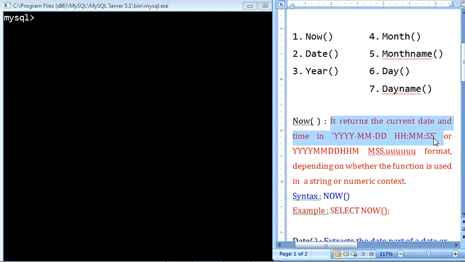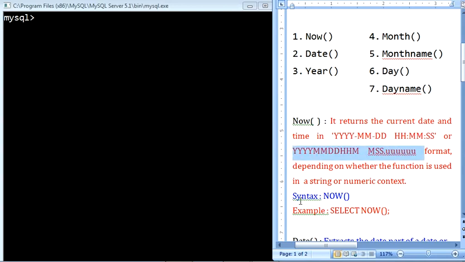This basically returns the current system date and time in the default MySQL date format itself, that is year, month, date, or else it will give the output in the format YYYYMMDDHHMMSS.UUUUUU, depending on whether the function is used on a string or numeric. If it is used on a string, it will return the output in this format. If it is used on a numeric, it will return the output in this format.